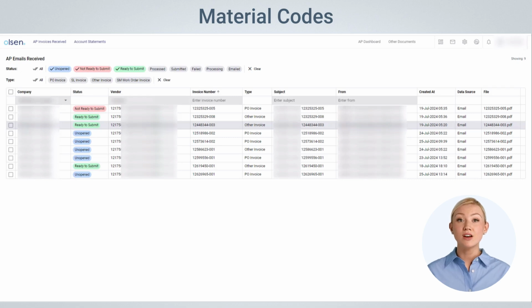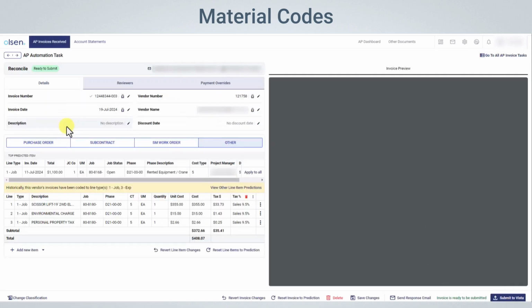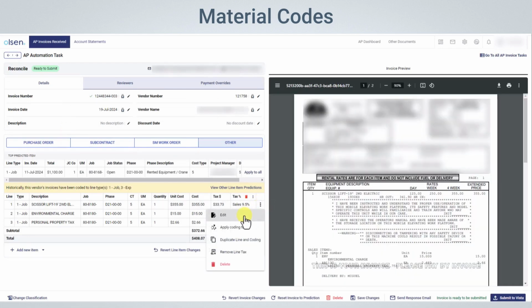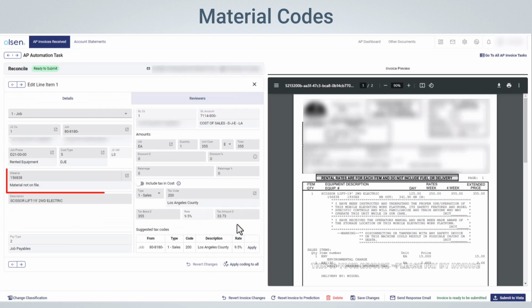Let's look at material codes. In the previous video, we saw how AP Wizard pulls in job codes, phase codes, and SM codes. Now we can also pull in material codes automatically. First, click the ellipses. Next, click Edit. We can see the material code has been pulled in automatically, along with a note that the material is not